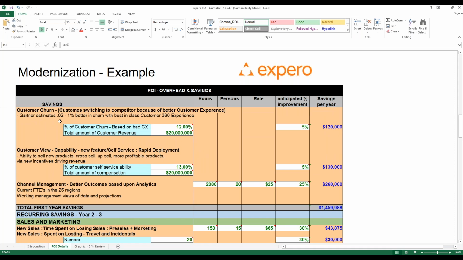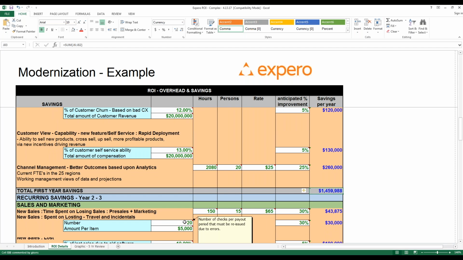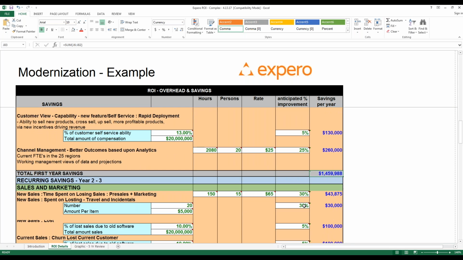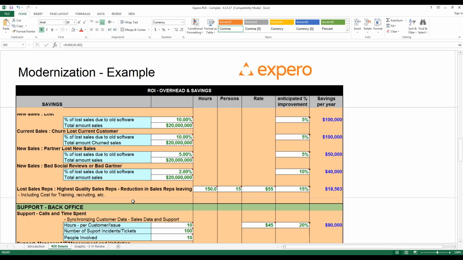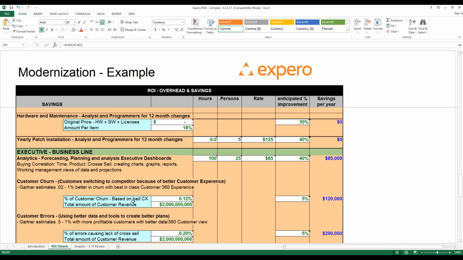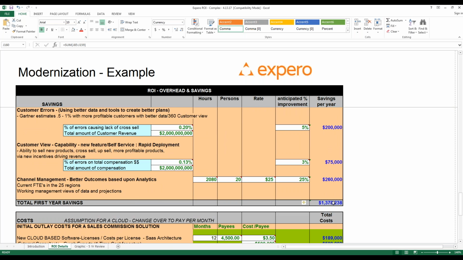The second item is now what we call our recurring savings. So how many of these items that I listed above, of this approximate $1.4 million in this case, would I actually see year over year? Is it a one-time savings or is it a multi-year savings? All I've done is I've simply captured my savings up at top, and in some cases if I say, you know what, I'm not going to have that savings down here, the goal is to basically capture those in a similar line item capacity. And now what I can see is in my different year over year, I have a lesser amount for years 2 through 3.